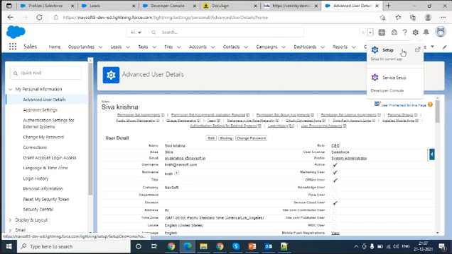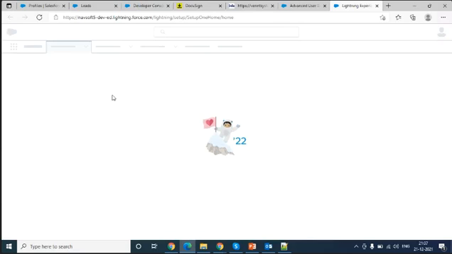And here you can click setup. It will redirect into the actual platform implementation. So here you can develop your own applications accordingly. When you log in, by default you see this environment only. When you click setup, you will go there only.